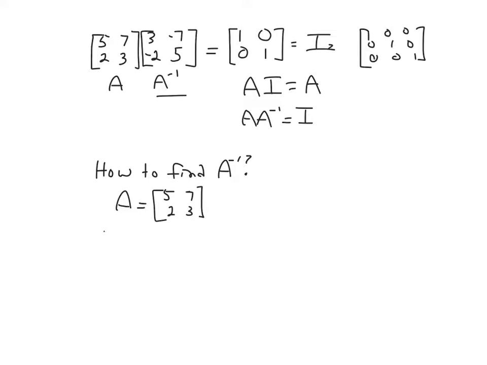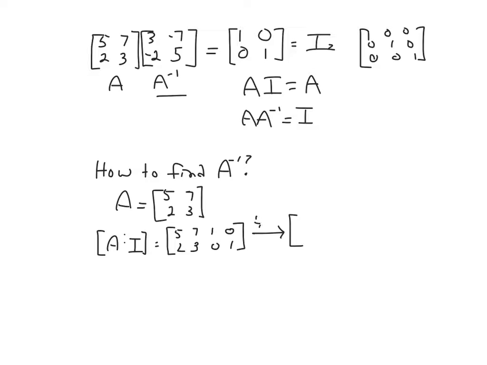matrix in question and we adjoin it to the identity and form an augmented matrix that looks like this. So for us, we've got [5, 7; 2, 3], which is a 2 by 2, but now I'm going to make it a 2 by 4 by attaching the identity to the other side. So now we have a 2 by 4 matrix that looks like A formed with the identity. And I'm just going to perform row operations